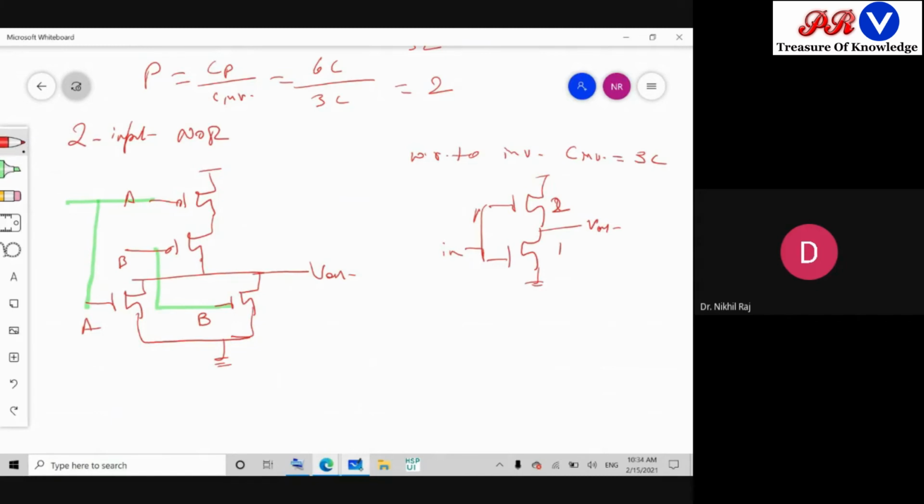What is seen here at the A node, how much, at the B node how much, and at the output how much? Yes, please, any one of you. First you size the dimension. What should be the dimension in the pull down network? Look here, pull down is taking place through only one MOSFET. Here, in pull down, will both the MOSFETs be required to discharge or is any one MOSFET enough?